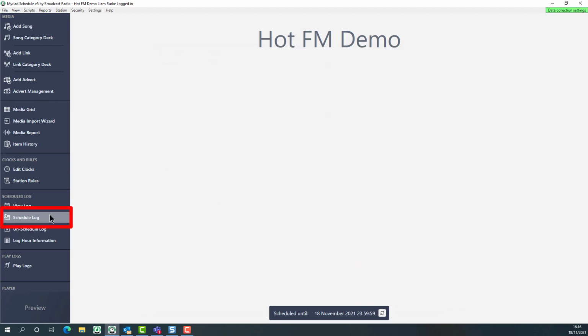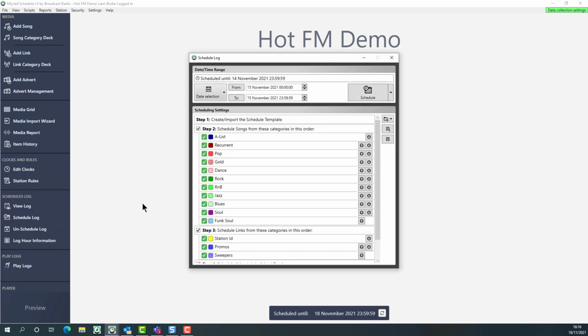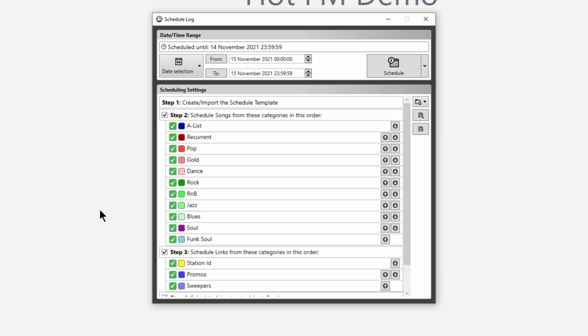Click on the Schedule Log button or option in the Scheduled Log section. This will open up the Scheduled Log window. Now, this will look similar for both Myriad Schedule and Schedule Plus customers, with the exception that Schedule Plus customers will have this section here